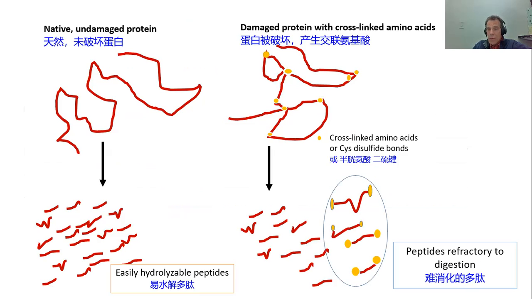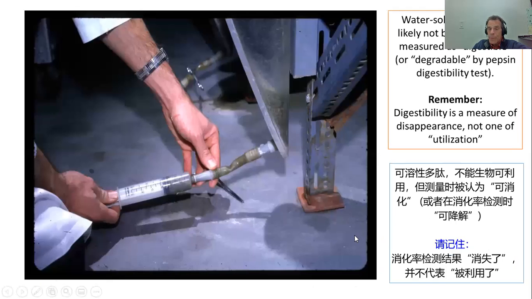So the same way cross-linked amino acids are creating bridges within the protein, disulfide bonds can create these bridges, create these molecules that are more difficult to hydrolyze because there are knots in them, create these polypeptides that can be quite resistant to digestion, but can be quite soluble. So when you measure them using a digestibility technique like the Guelph system, you could actually be measuring them as digestible because they may leach out in the water because they're quite soluble. So you'll measure them as being digestible because they disappeared, but they were not usable by the animal.